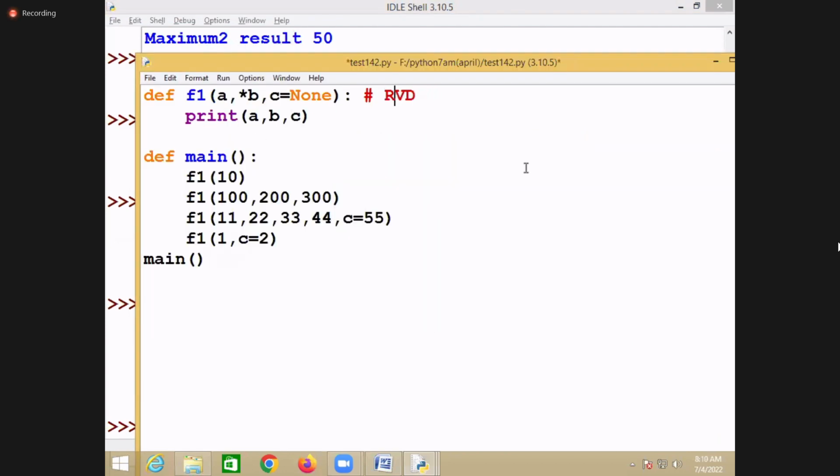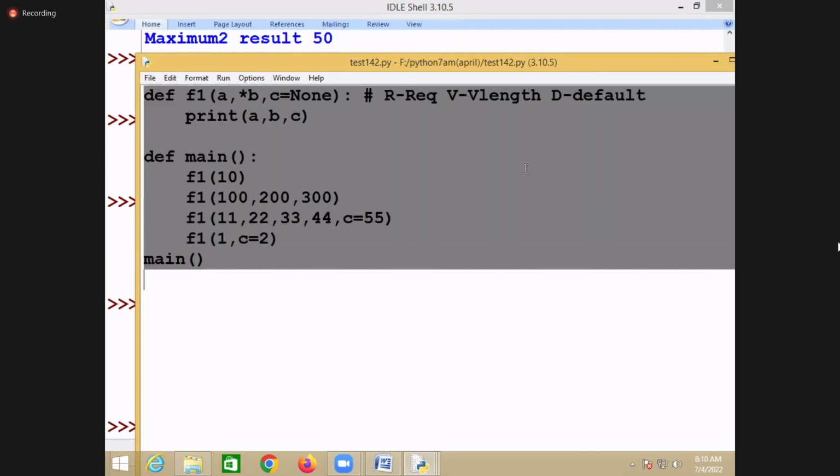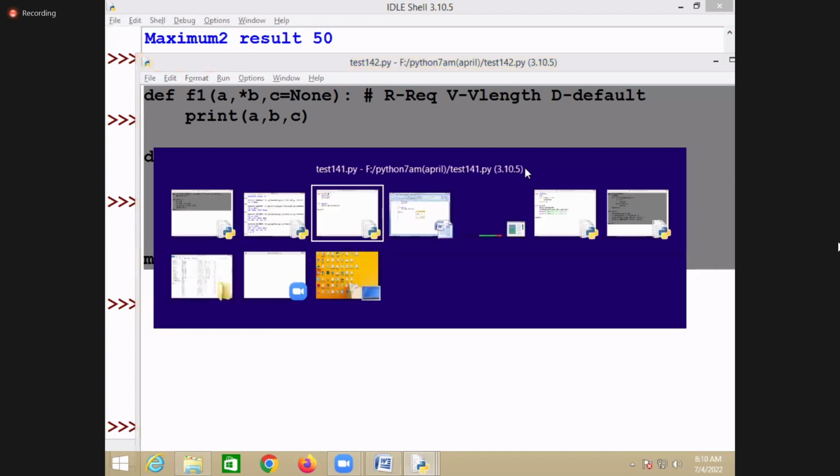So it means the order of writing this is first required. First you have to write required arguments. Second, you have to write variable length arguments. And third, you have to write default arguments. This is the order of writing the arguments. Suppose if you change the order,